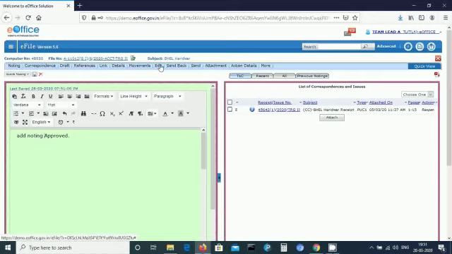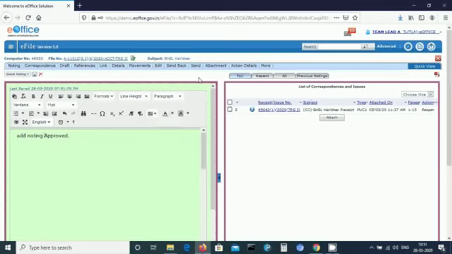Now after giving the notes in the note sheet, the note sheet has to be sent by the user to the person he has to send it to. You can send to the person by typing the first three letters of the name and designation section, as we have done in the receipt section.